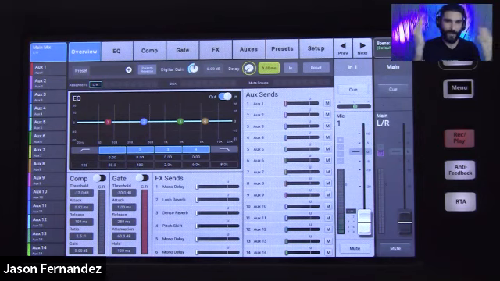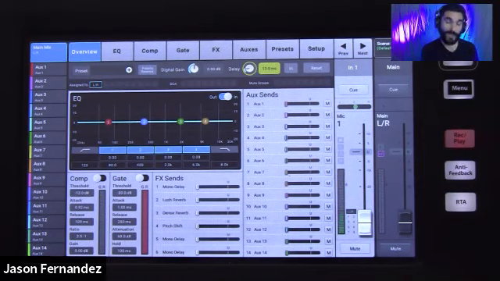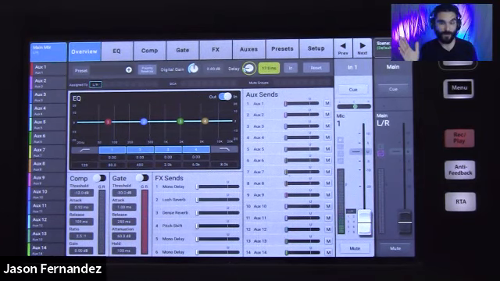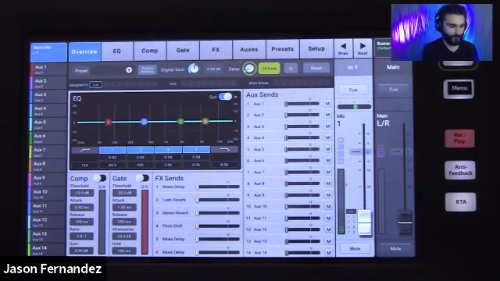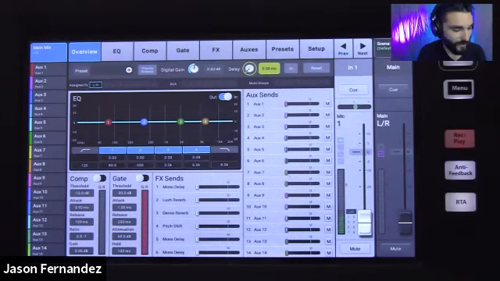So you're going to have an out of sync lip sync there. So you would just use a little bit of delay on the input to delay their microphone signal so that it lines up and matches your video, and everything looks and sounds great. So that's your input delay there.